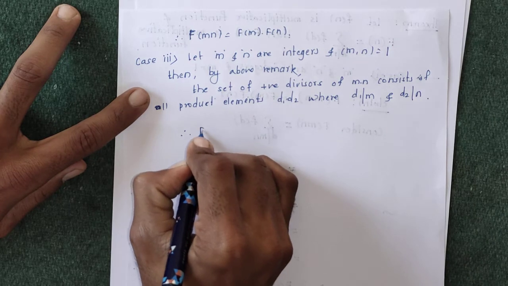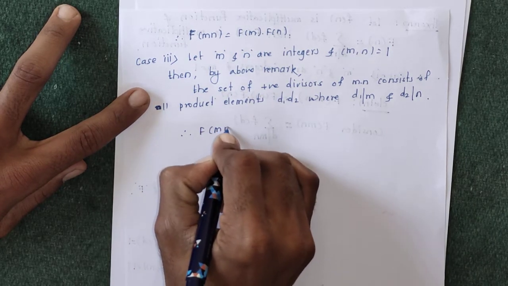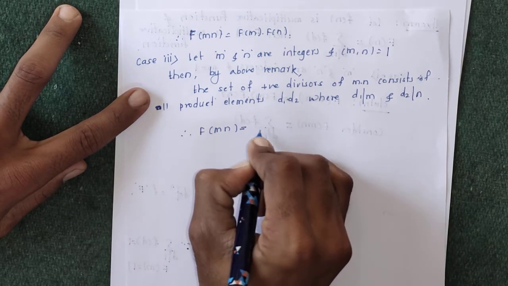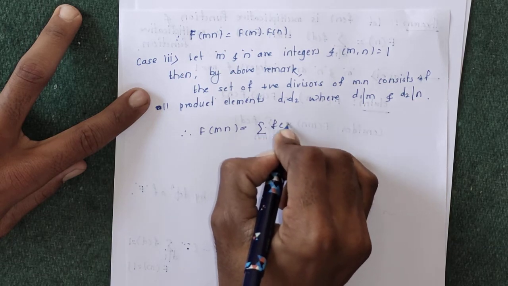Therefore you can write capital F of m into n is equal to the summation of f of d,